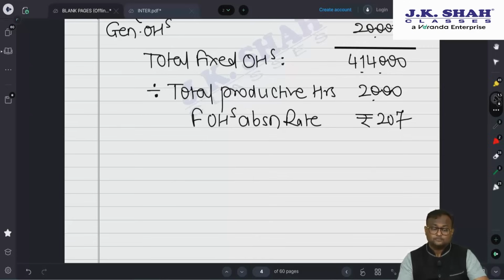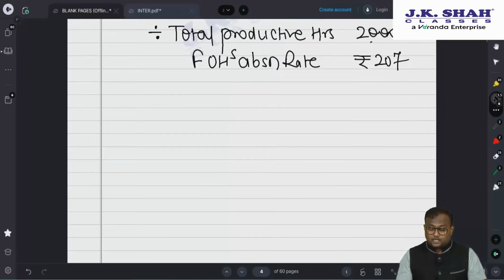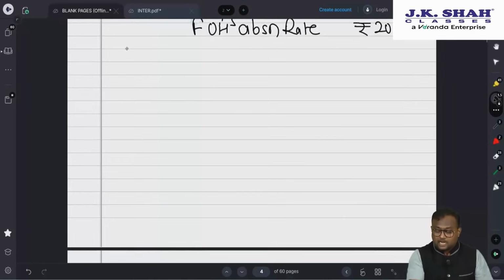Are you getting me? Now, apart from this, there is no other cost available. There is no variable cost given. If there is a list of variable overheads given, you take the total of all variable overheads and divide that by running time. If you do that, you will be able to get a variable overhead rate. And now I can go for the statement of